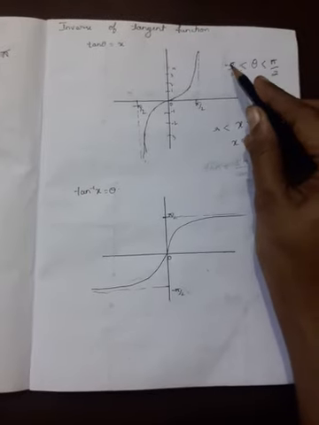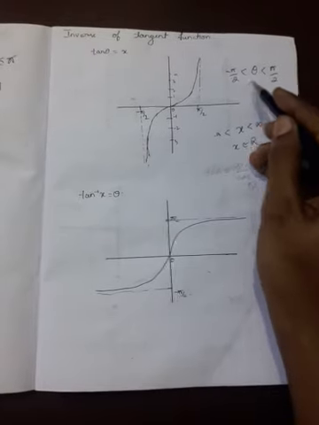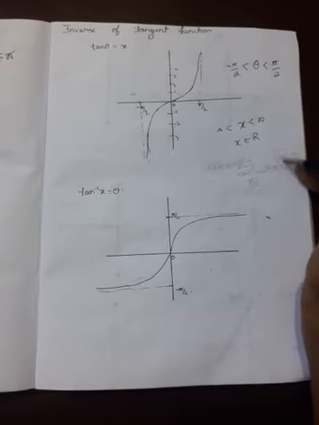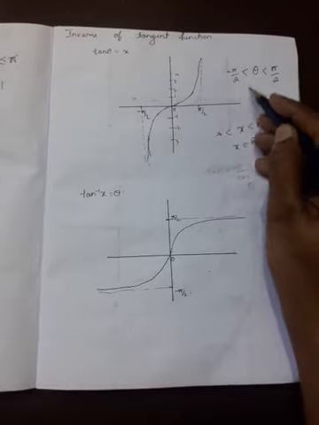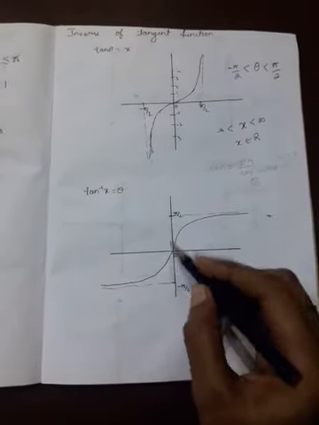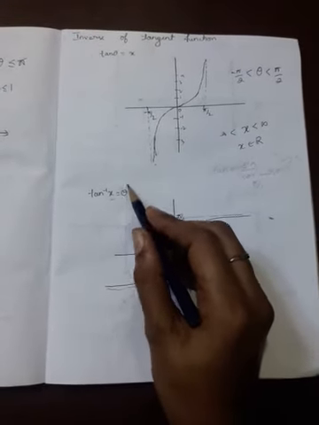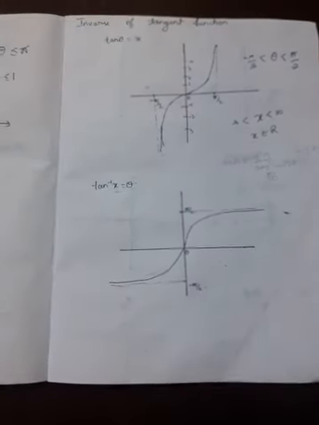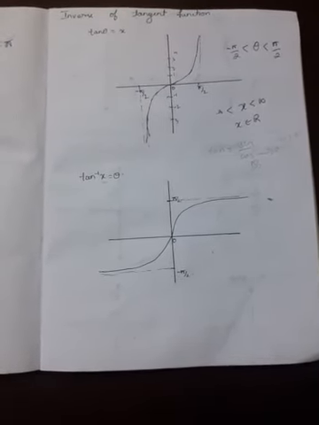Our theta value varies from minus 90 to plus 90. This is strictly greater than, because at 90 degree cos tends to 0, and the whole function tends to infinity. Therefore it is restricted to the open interval minus 90 to plus 90. The inverse of tan is, the x value varies from minus infinity to infinity, that is whole real number, and theta varies from minus 90 to plus 90. This is the graph of a tan function and a tan inverse function.